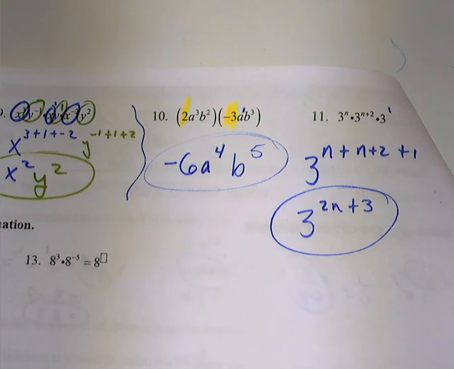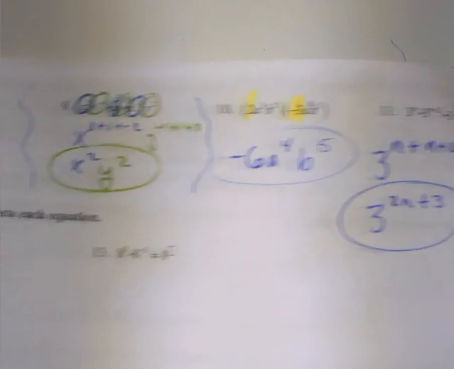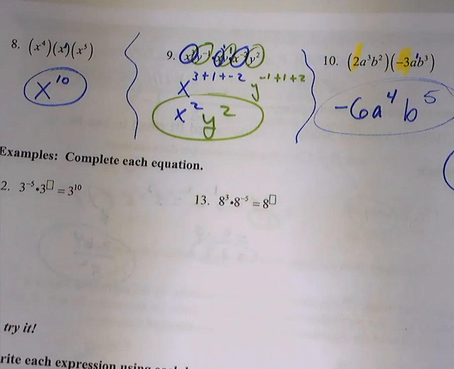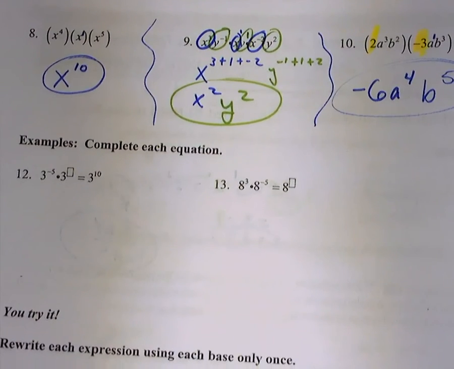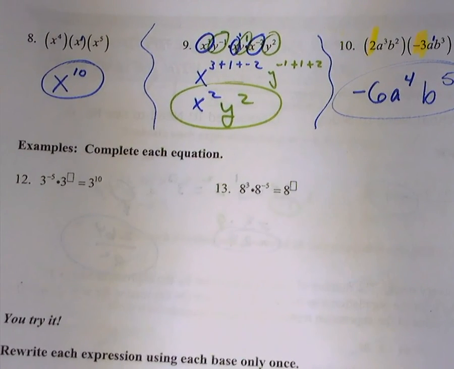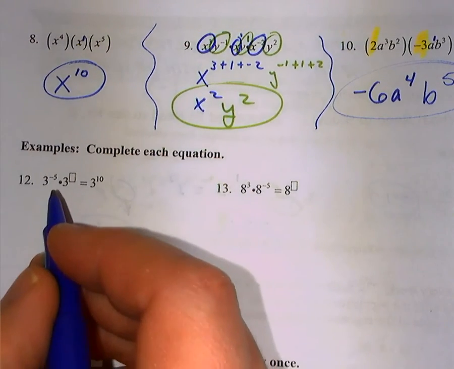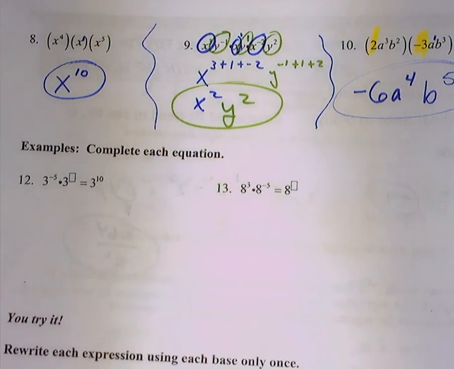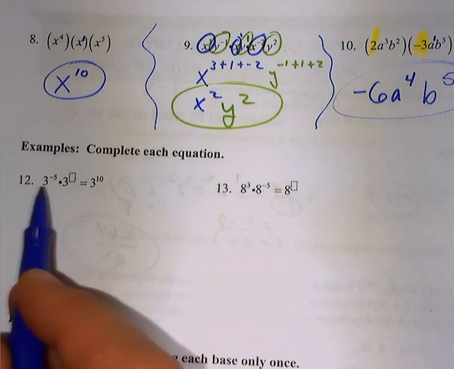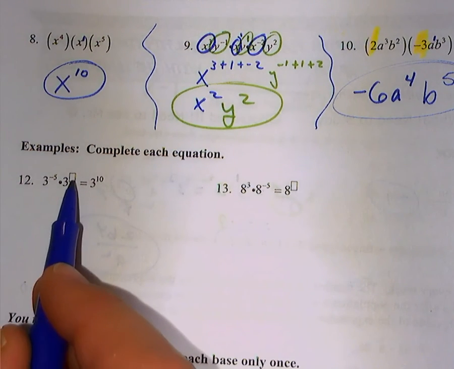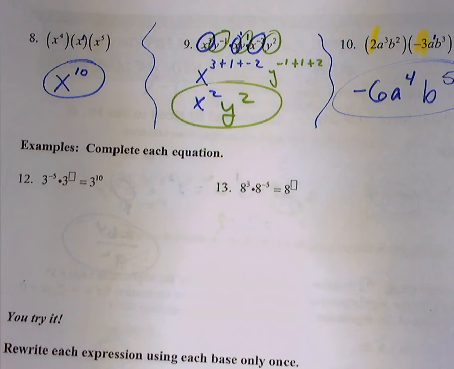All right. 2 more I want to show you, and then we'll do the odds for the triads. If you do all of them, great. Let's take a look. So now you're kind of working backwards for number 12 and 13. So number 12, we got 3 to the negative 5th times 3 to the something, and we want that to be 10. Well, one way to do it is what plus negative 5 will give you 10? Well,